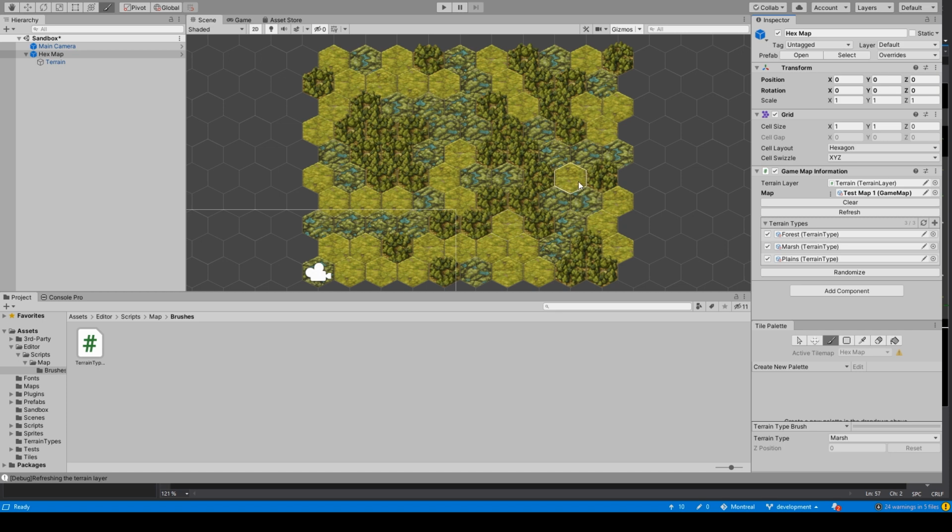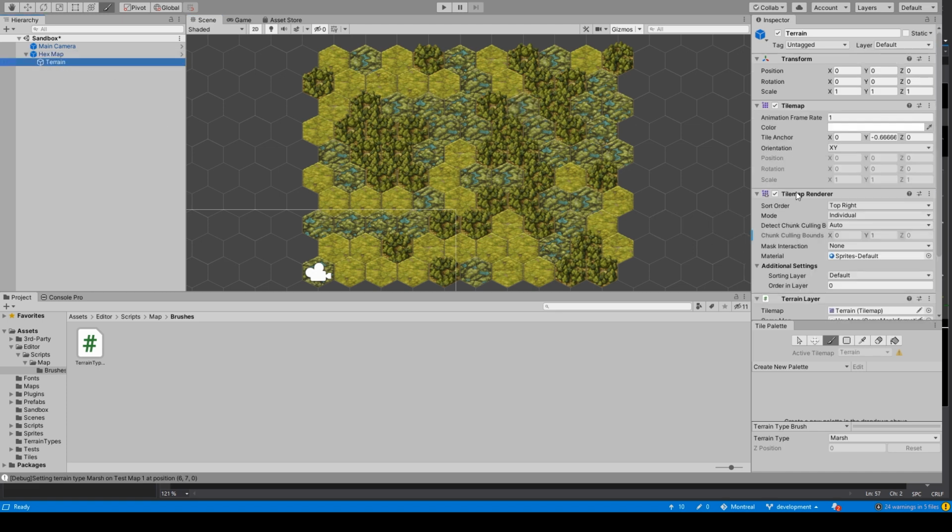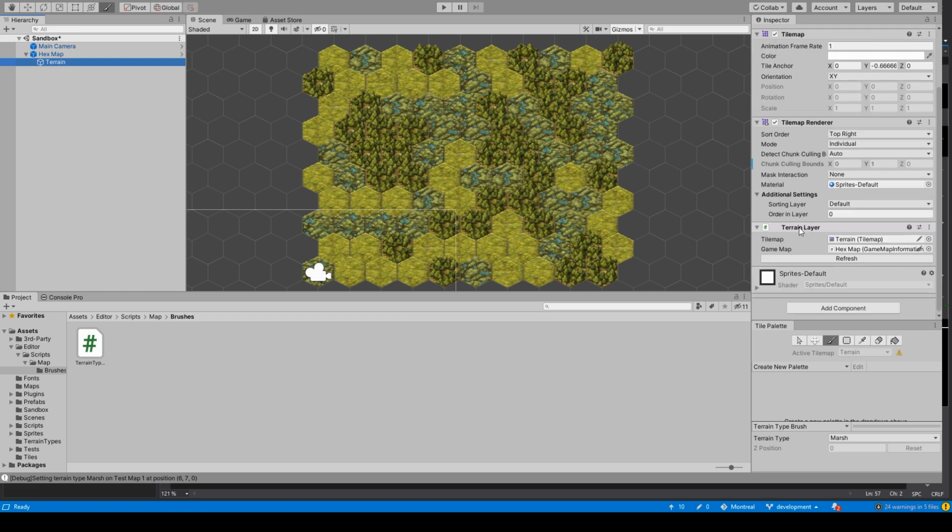So it is kind of a dictionary that takes a certain type of data and a location, and then it stores the data. And that way I can write in there, and then the terrain layer is going to get refreshed,